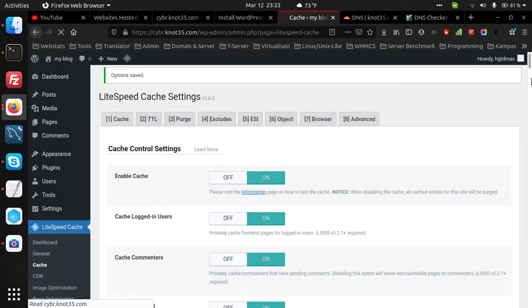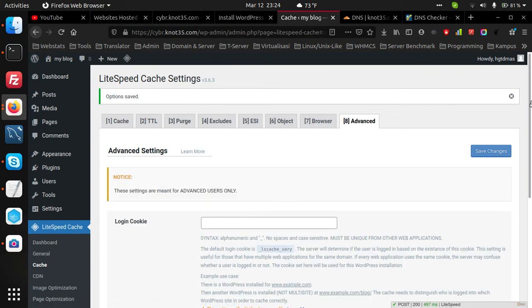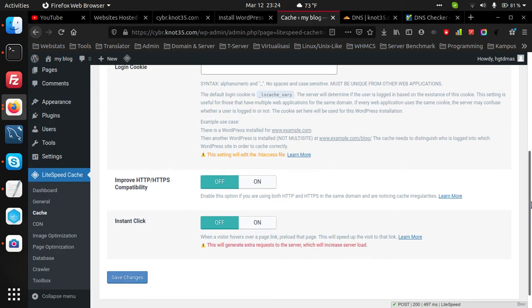So as an alternative to control panels like cPanel, WHM or Plesk, you can select CyberPanel. Then enable this.